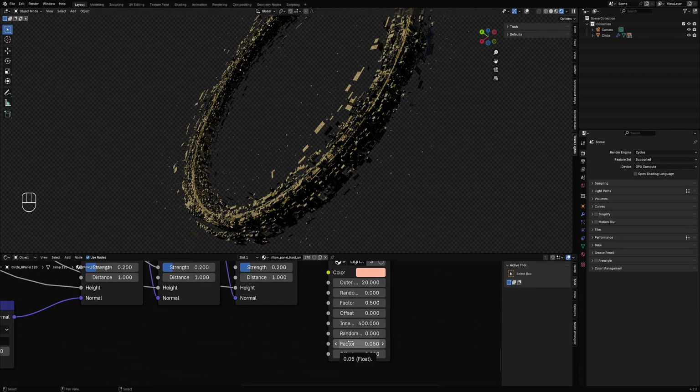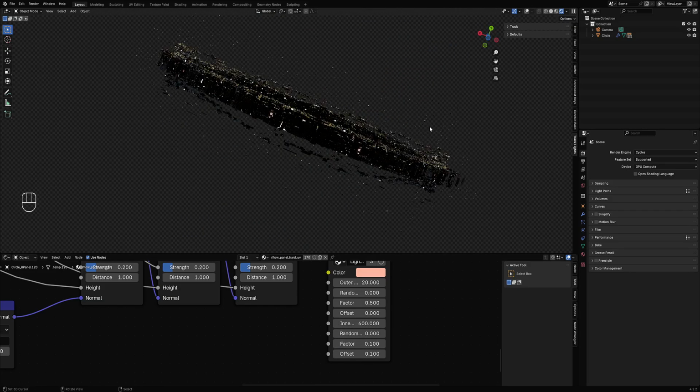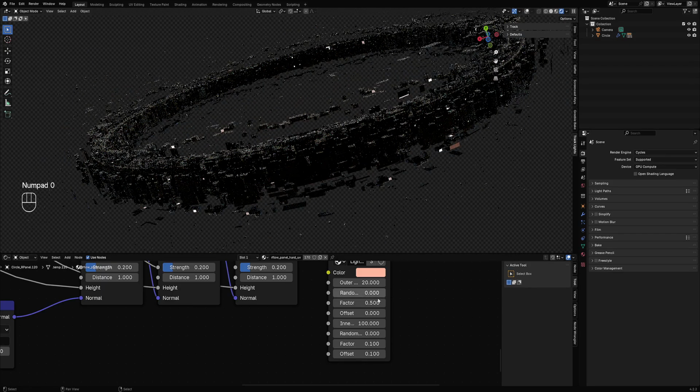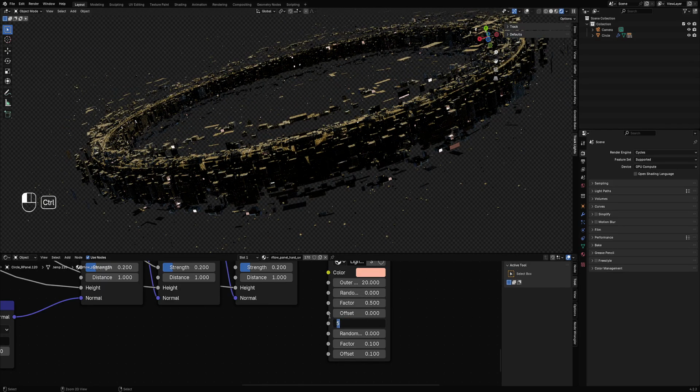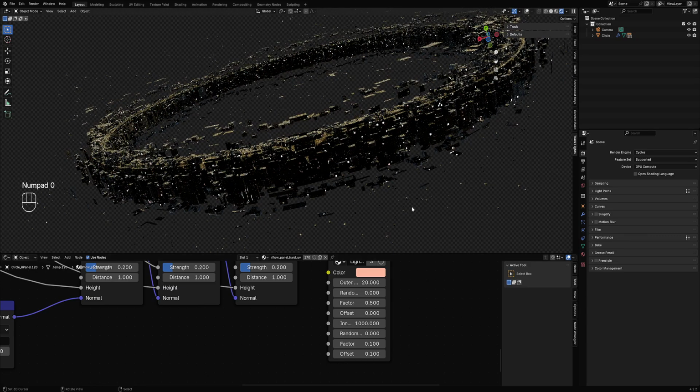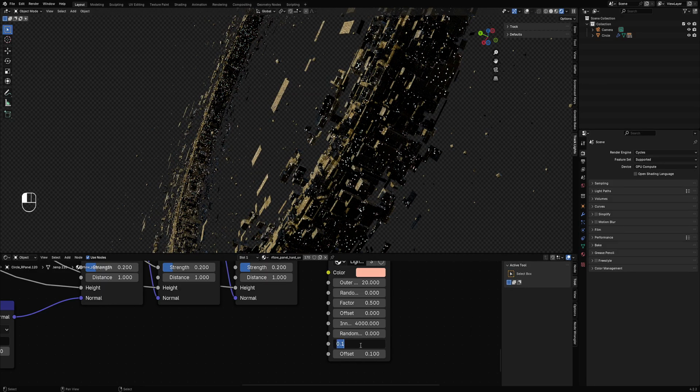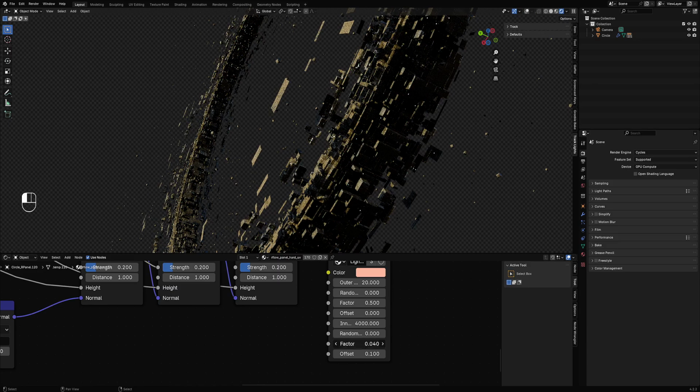The factor means that the higher it is, the more lights are created on the mesh surface, or the smaller the lights get. So we need something smaller than that, 4,000. There you go, and factor 0.04. No, no, not smaller. The factor controls the number of the lights. Okay,